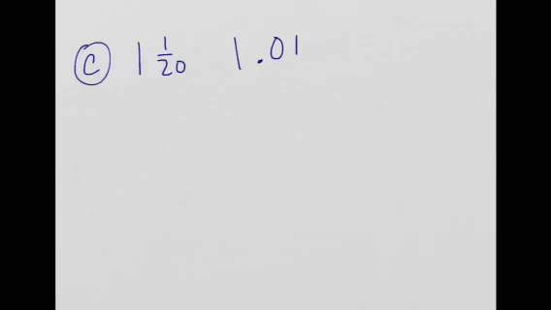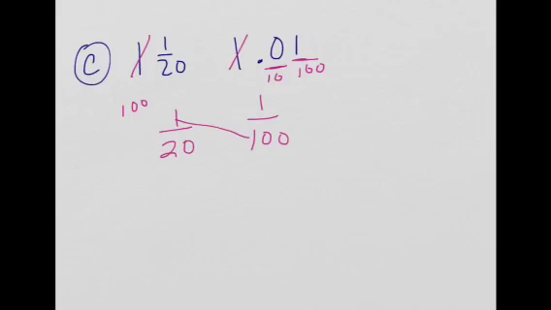Okay, here I have 1 1/20 and 1.01. So I'm not going to worry about the ones because those are of equal value. All I need to do is look at 1/20 and 1/100. This is the tens place. This is the hundreds place. Again, I'm going to do my cross product. So this is 100, and this is 20. So when I multiply, I notice that I have 100 on this side, so that means 1/20 is going to be larger than